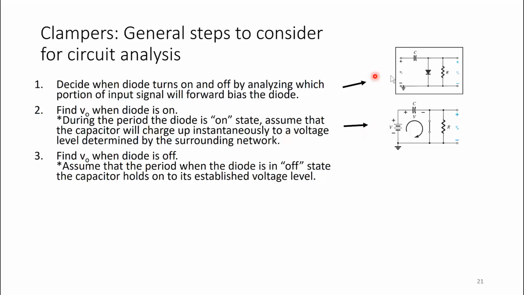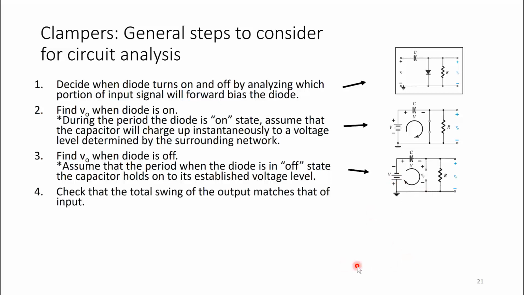Okay, so in this circuit here, the diode is off. Just now we had established that the diode is off in the negative cycle. Now when it is off, we assume that the capacitor holds on to its established voltage level when it has been fully charged, when the diode was on. Okay, so here we found the Vc. Previously we carried that value of Vc here, and then we use Kirchhoff's voltage law to find an expression for Vout. And because we know that a clamper circuit does not clip anything, it just shifts, so check that